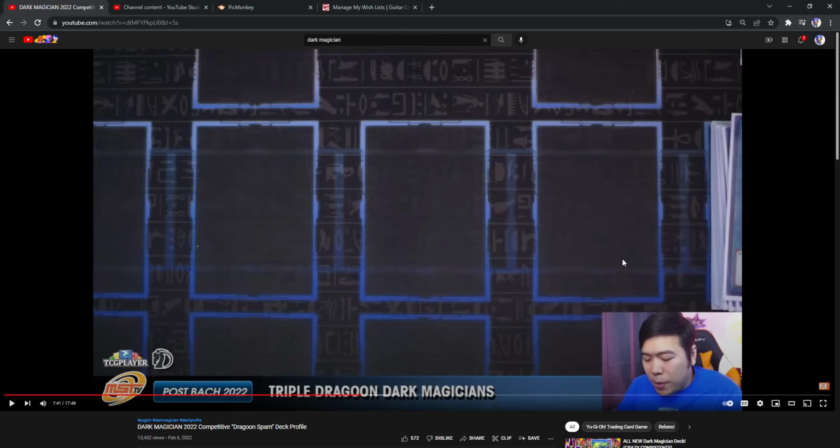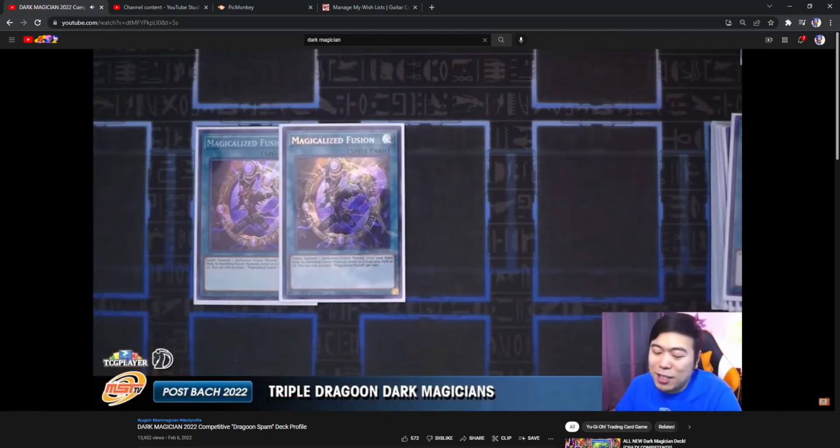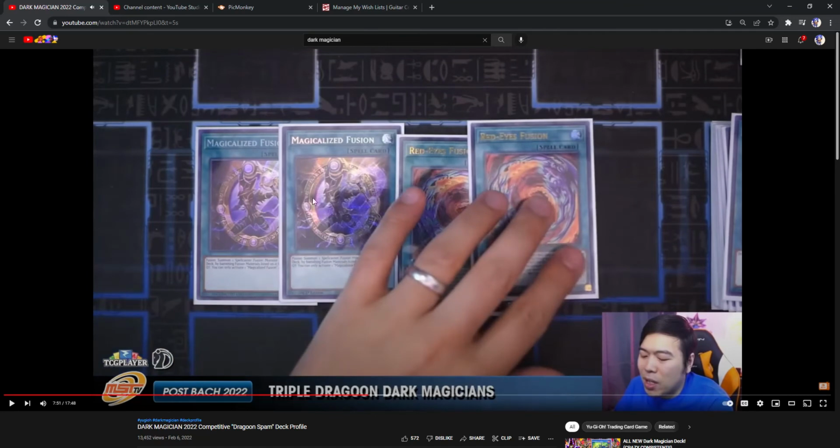It's stupid. We have 5. We have Magical Eyes Fusion, which is even better now because you can quite easily go into a Dragoon. Oh, and then we have, he's playing 2? He's playing 2? The card sucks. It's a brick. You don't even want 1. You're not going to summon Dragoon more than twice. Fusion, because you can open it and...